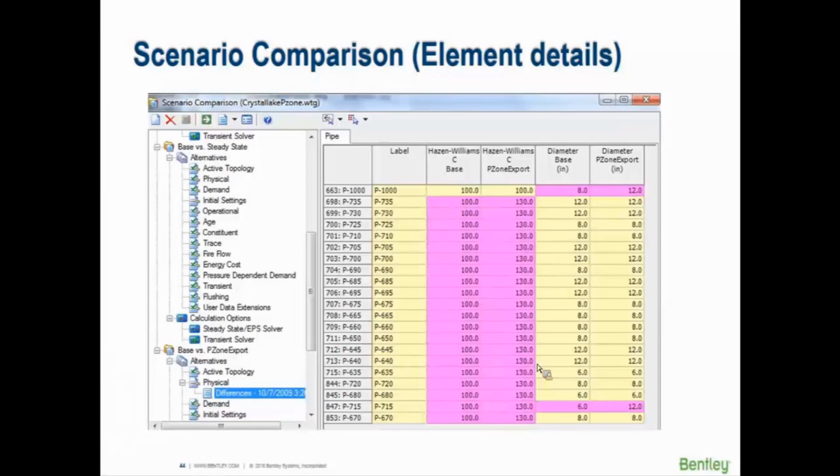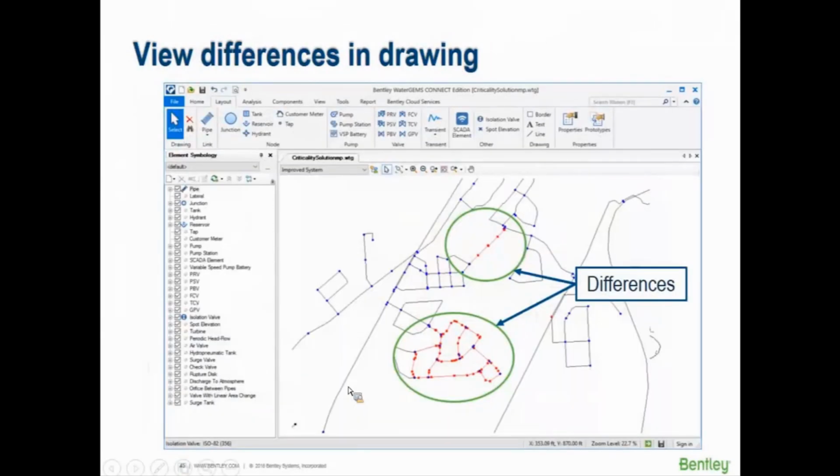Maybe you're using this because you picked up a model from someone else and you're trying to understand their thought process, what they were doing, and what they changed. So this allows you to surface all of those differences. And sometimes, quite honestly, you could come up with two scenarios where there is no difference, they're the same. They're referring to the same alternatives, and there may not be much point to even have that scenario, two duplicate scenarios. You can see graphically those differences to see where they were and where those changes occurred,